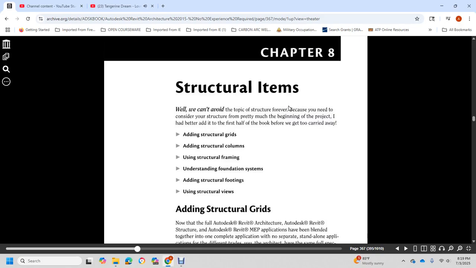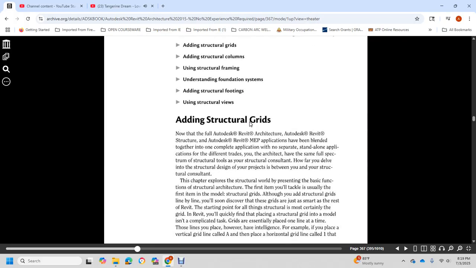Alright, Chapter 8, Structural Items. We can't avoid dealing with the structure forever, because you have the need with the conservative structure for more than you need with the project. Adding structural grids, adding structural columns, structural framing, understanding foundation systems, adding structural footings, using structural views, adding structural